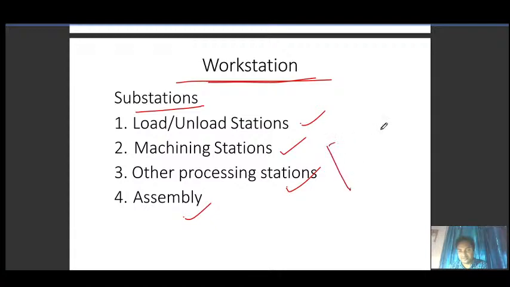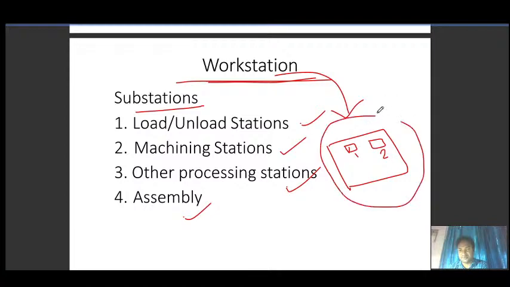Earlier we saw that one machine is known as workstation one, another machine we said workstation two. Then in the broader sense, this whole becomes a workstation. Although machine one and two are also workstations, in the broader sense they become substation one and two.